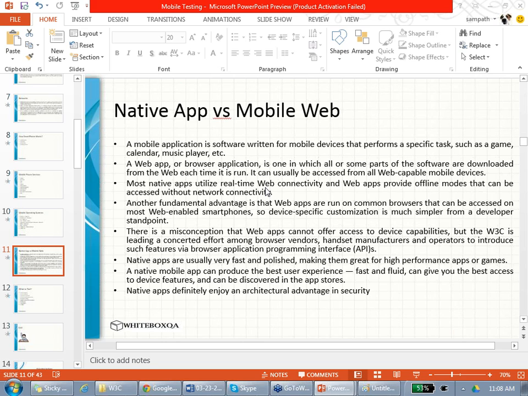An app won't load anything until you connect to the server. That is the difference between an app and HTML. Remember that? HTML is loaded onto your local machine, your local phone. So HTML is still there. You can take a screenshot and everything. But with an app, if you don't have internet, you can't open it. It's real-time connectivity. This is not real-time connectivity. You connect, get it, stay there. But for an app, every time you want to go to a screen, you are using your data. Do you see that? Data is consumed more in apps than HTML.